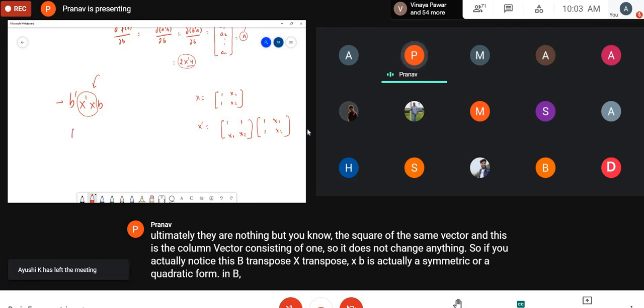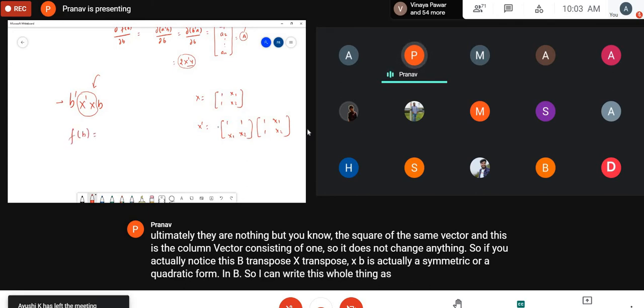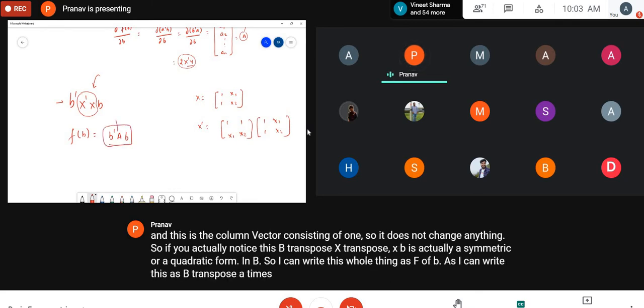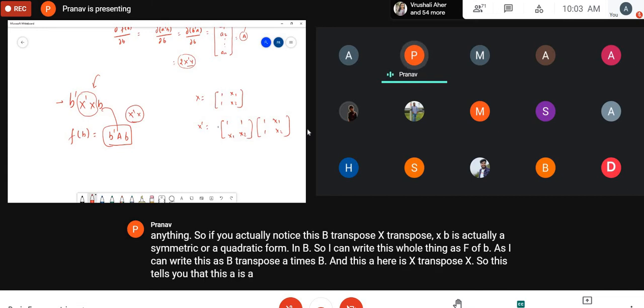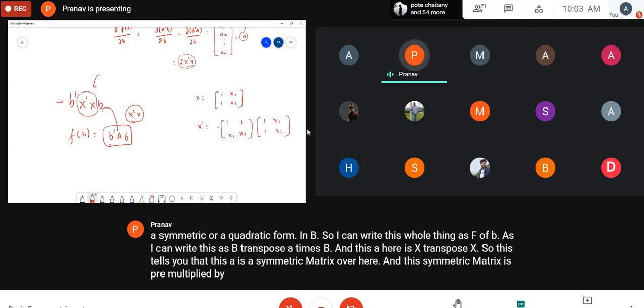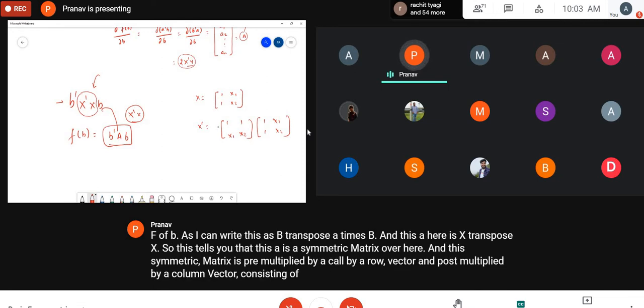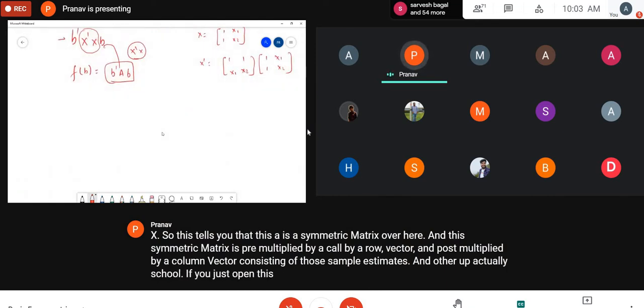So I can write this whole thing as f of B as B transpose A times B, and this A here is X transpose X. This tells you that this A is a symmetric matrix, and this symmetric matrix is pre-multiplied by a row vector and post-multiplied by a column vector consisting of those sample estimates. And actually, if you just open this B transpose AB, let me write this as f of B as